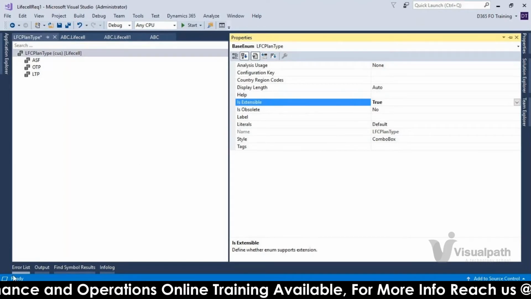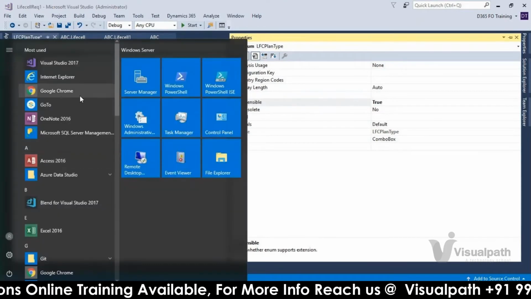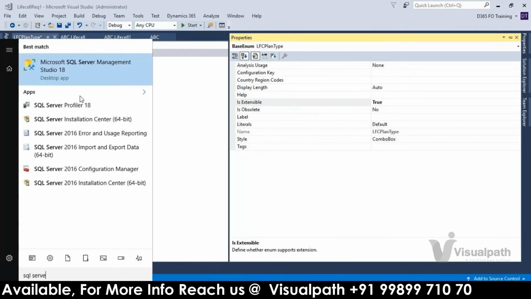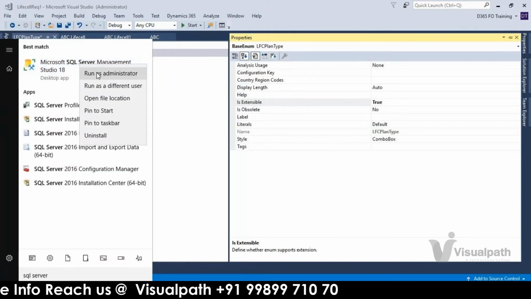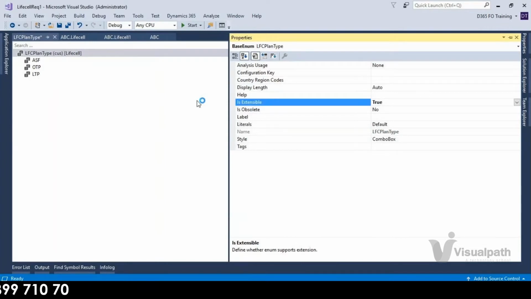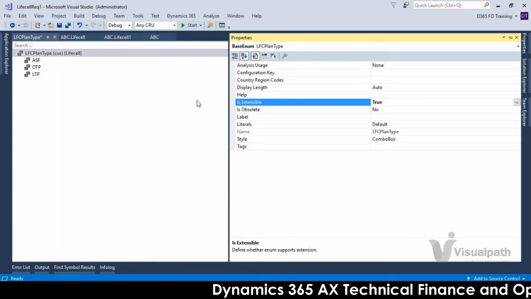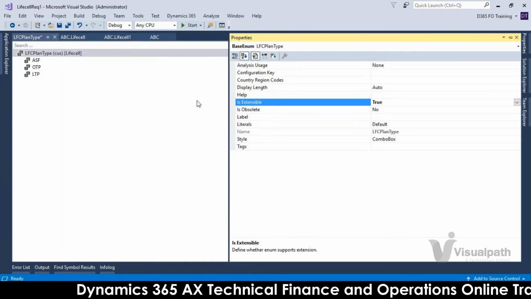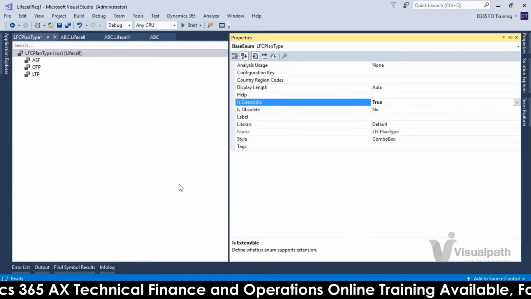Let's go to the enum ID table and enum value table. Base enum or enum, let me check that one.